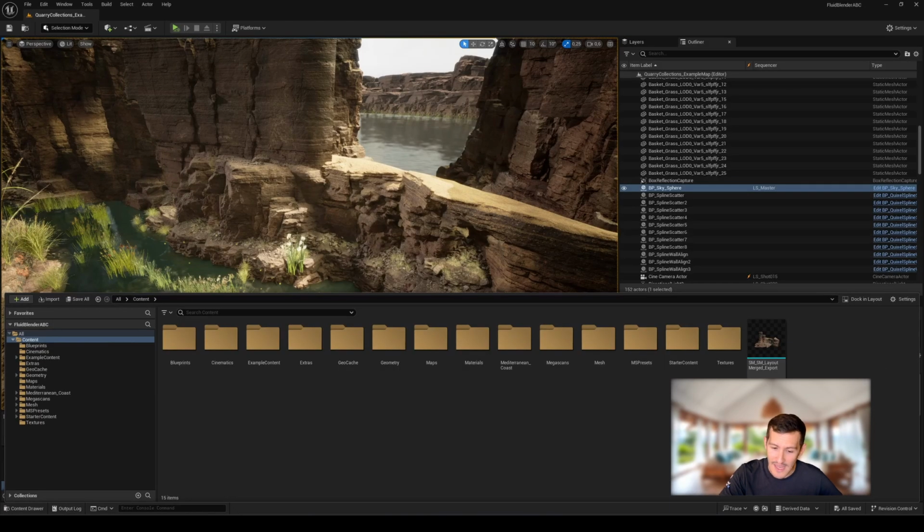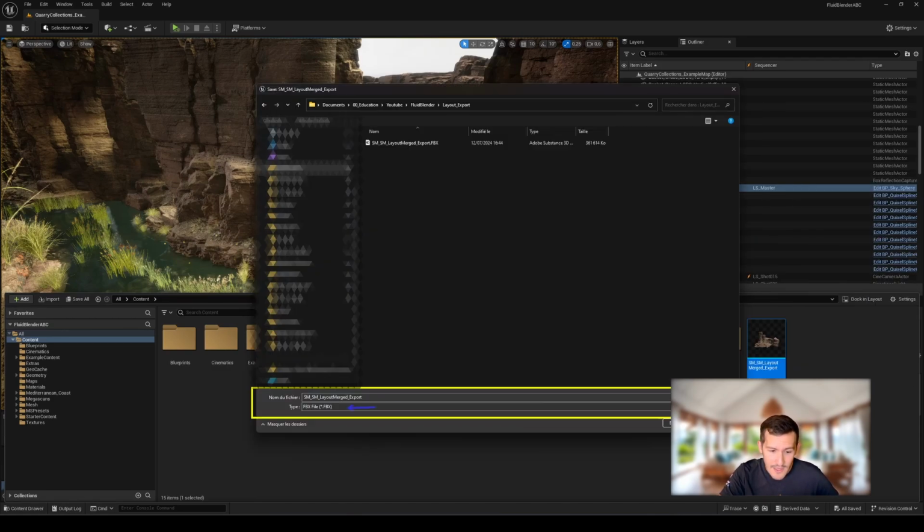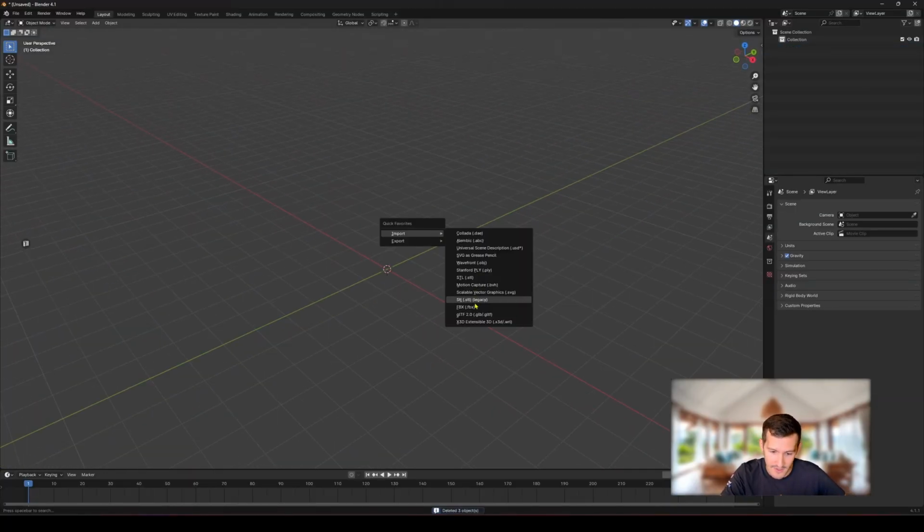Can we easily export this kind of asset for import into Blender then? Yes, Sophia, and it's pretty straightforward. Right-click on the asset in question and under the Asset Action tab, you'll find the Export function. As you can see, we can quickly export our asset in the classic FBX format. So now our initial setup on Unreal is done. We can now import our mesh in FBX format into a new Blender scene.